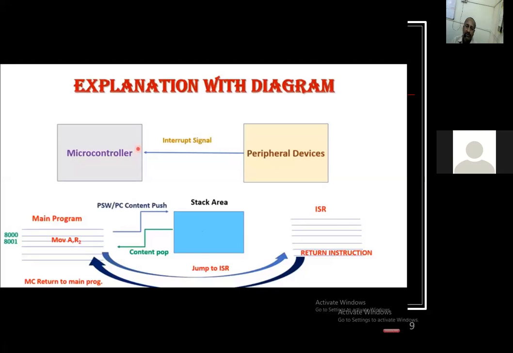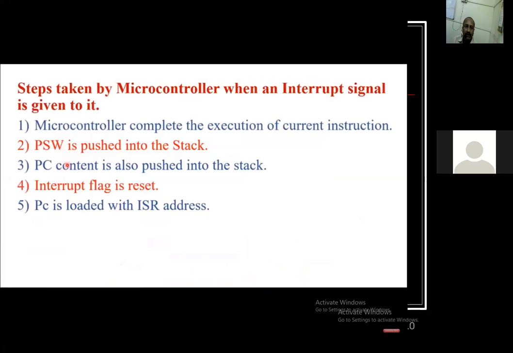That address can be fetched from this stack with the instruction pop. So it will just go to 8001, and the next instructions are going to work. So this is how the interrupt can be explained diagrammatically. In the same way, if we are talking about the algorithm, you can see these are the few steps which are going to happen in this interrupt.